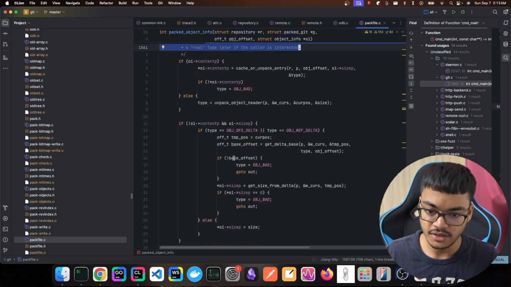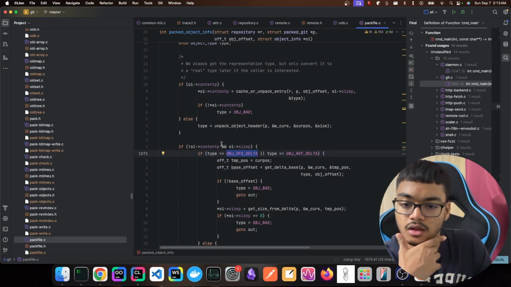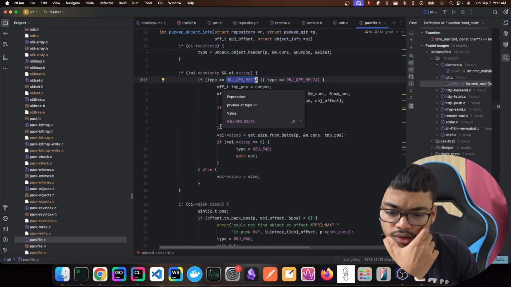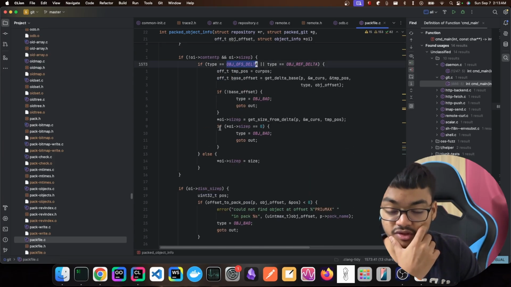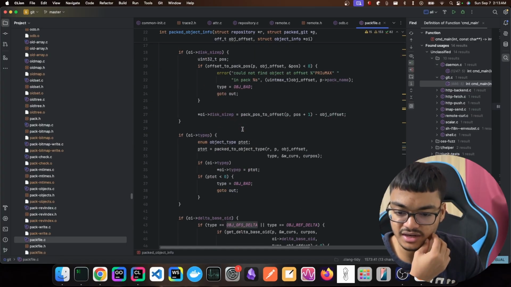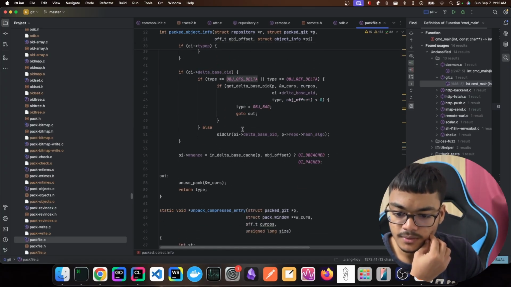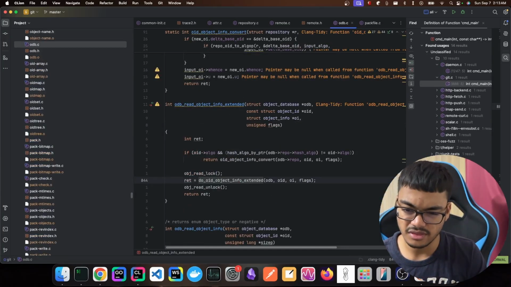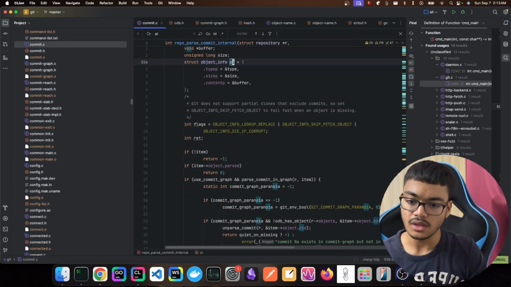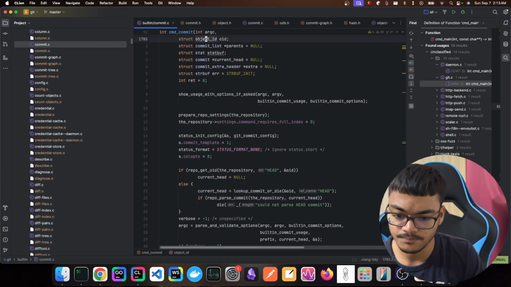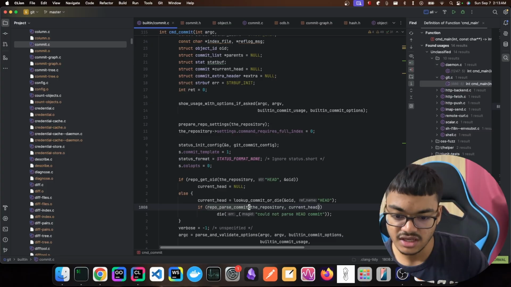Then filter. So pack files, I think we can explore separately, because that would be interesting. Pack files, the aggregation point for objects, are pretty interesting to me. But yeah, we figure out the stuff from the pack, and then we fill it in the commit object. Now that we have the commit object,